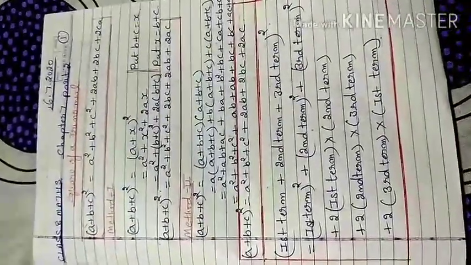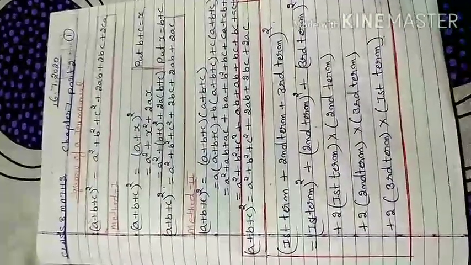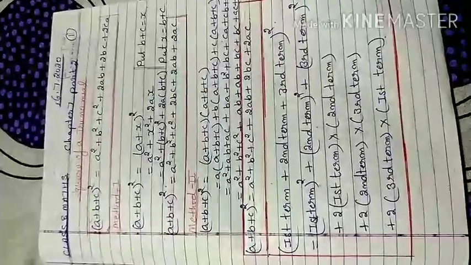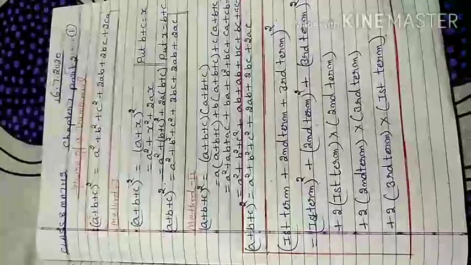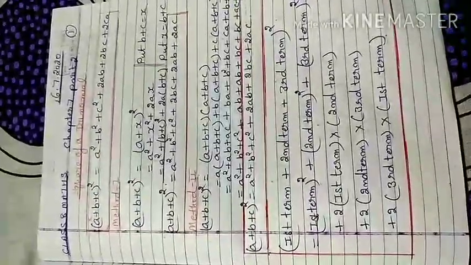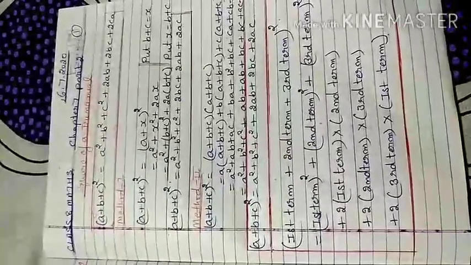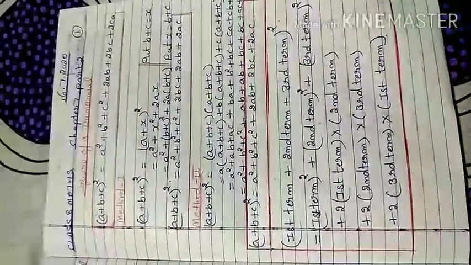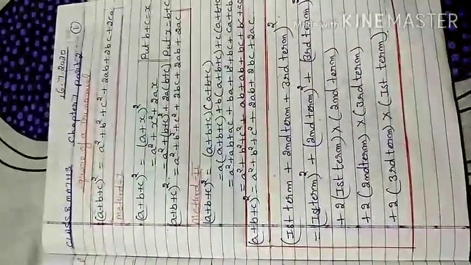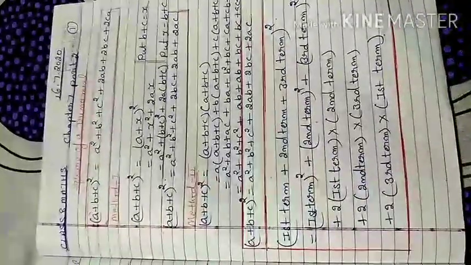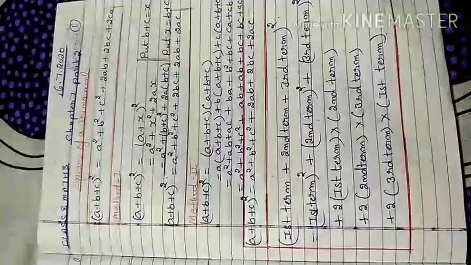Hi, good morning everyone. Today we will do a further part of chapter 7, that is our part 3rd, because already in the first two parts of exercise 7.2, the first part is your identity (a plus b) whole square, (a minus b) whole square. In the second part of the 7.2 exercise you have done (a plus b) whole square and (a minus b) whole square in the expansion form. If a trinomial is given to you, how do you convert it into the square of a binomial? So that you have done in the second part.